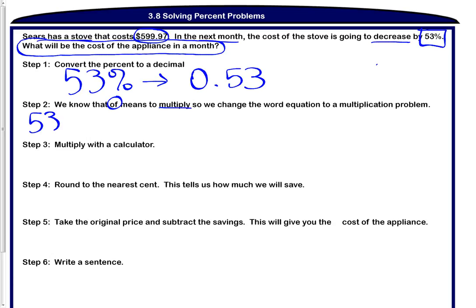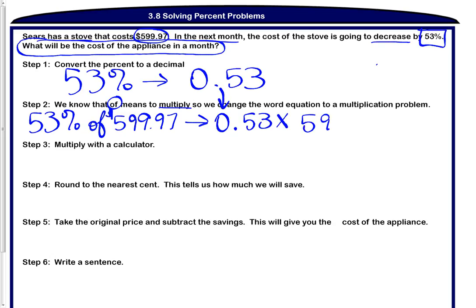Your next step, we know that of means to multiply, so we change the word equation to a multiplication problem. So our word equation is 53% of $599.97. We convert that to a multiplication question, which is, we bring down our decimals, 0.53 times 599.97. We multiply that with a calculator, and we end up getting